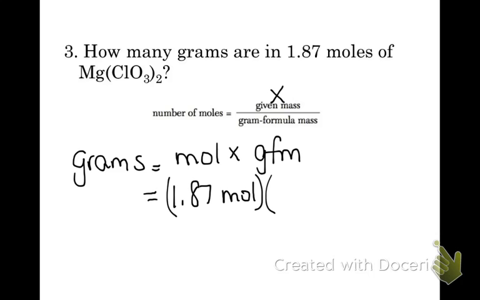The gram formula mass was in the previous video, but we can always add it up again. It's 1 magnesium. It ends up being 2 chlorines, and then 6 oxygens. When I add those up, I get 191.2074. So I keep all those digits because in the end, when I use sig figs, I want to make sure that my problem is limiting the number of sig figs, not my molar mass. When you put this into the calculator, it's